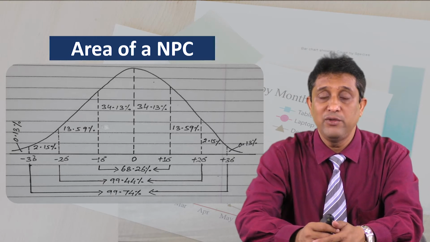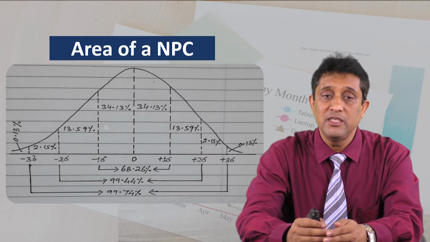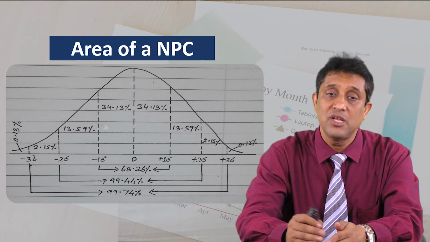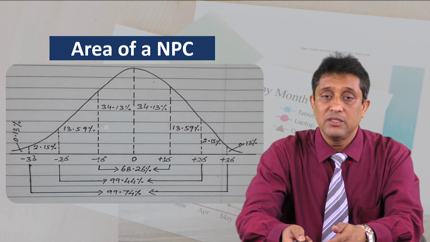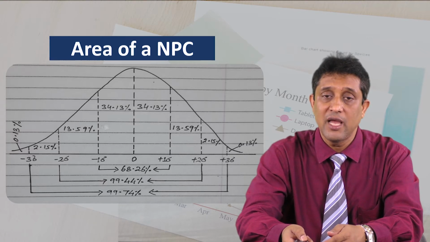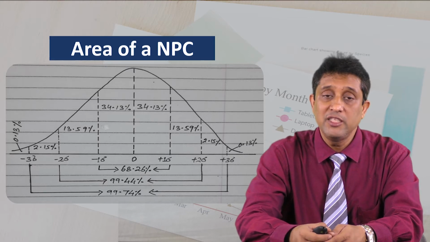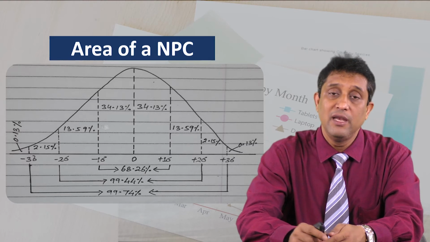and you will find that the entire area of this curve is in between +3 standard distance to -3 standard distance, and from 0 to +3 standard distance we say that this is the right side or the positive side, and from 0 to -3 it is the negative side. Negative side means from 0 to -3 standard distance you will find that the scores are less than the mean score,